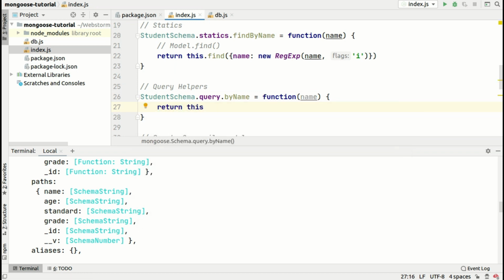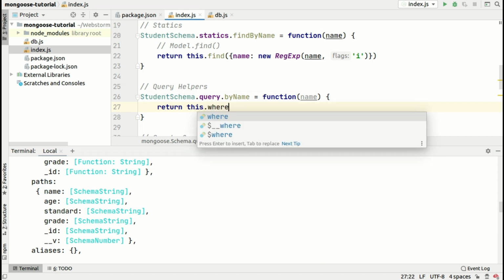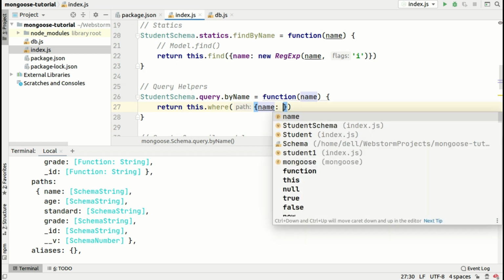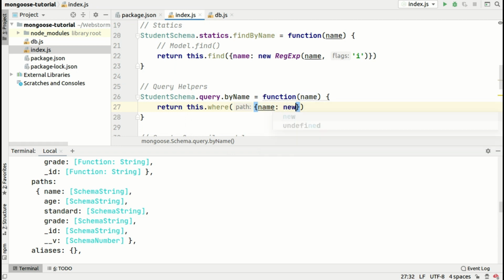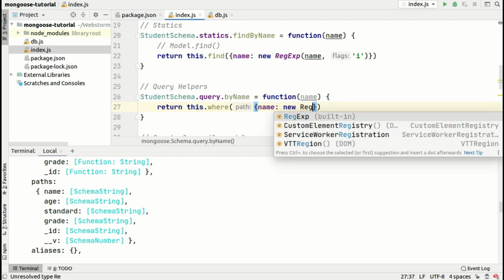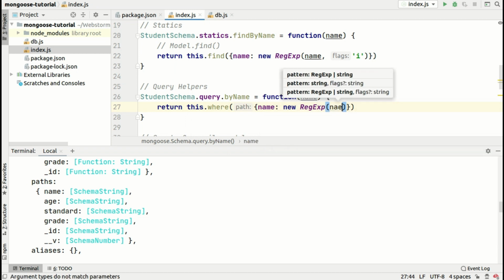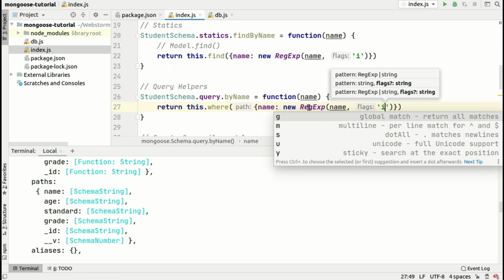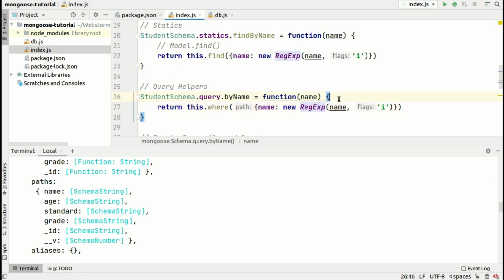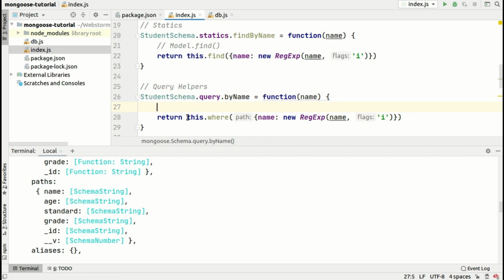this.where name equal to new RegExp(name, "i"). This is basically a regular expression. And as you can see, this.where